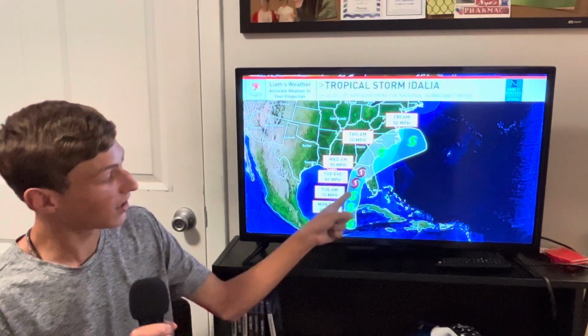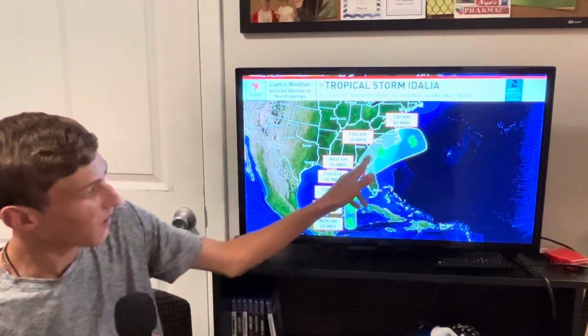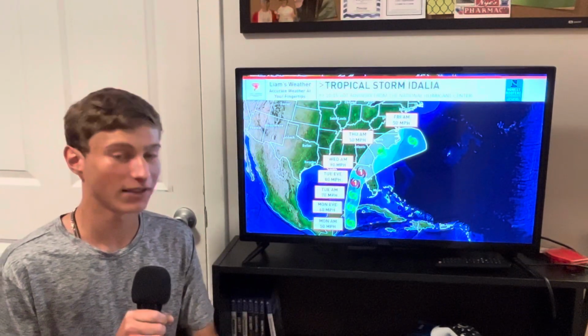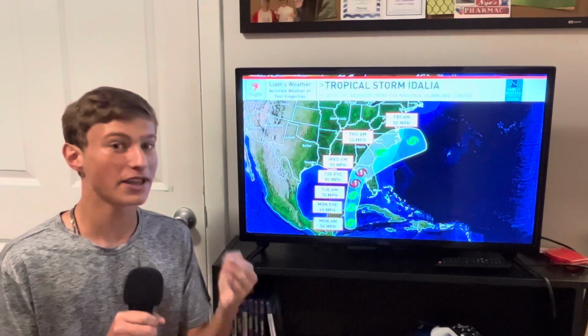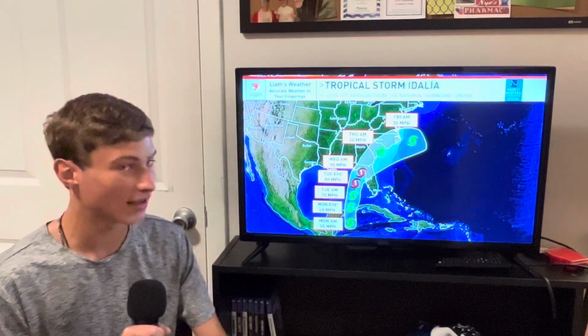Now, don't focus on the fact that this thing will be a hurricane. This thing will be a tropical storm for the majority of its life after it makes landfall, which means that the majority of us will likely be seeing wind gusts upwards of 30 to 50, maybe even 60 miles per hour. So this thing will be a very dangerous storm, to say the least,